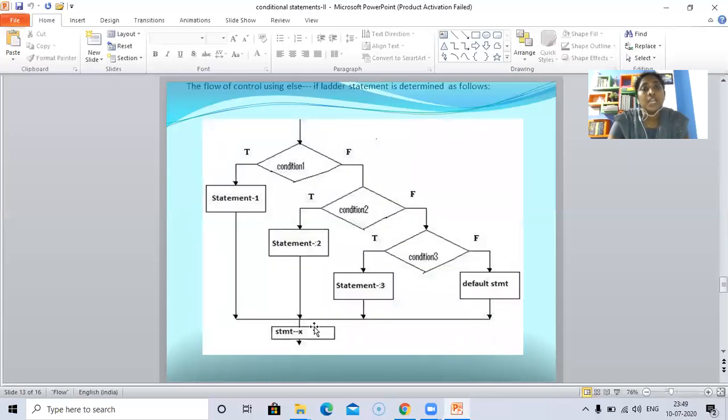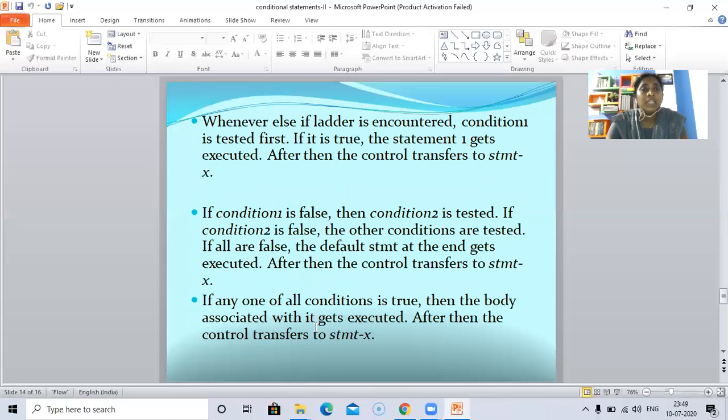This is the flow chart for else if ladder, and whenever else if ladder is encountered, condition 1 is tested first. If it is true, the statement 1 gets executed. After then, the control transfers to statement X. If condition 1 is false, then condition 2 is tested.